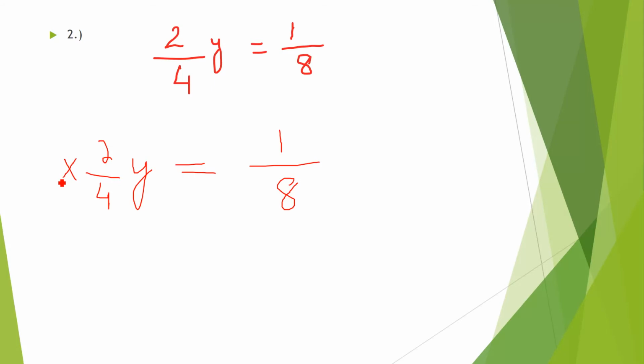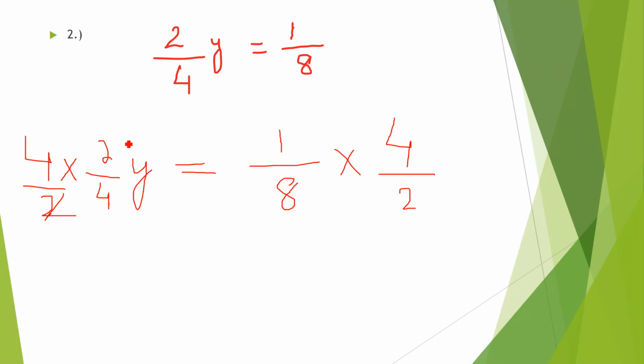So you have to divide by 4 over 2. Same, this is the fraction on the left side, 4 over 2. Why 4 over 2, not 2 over 2? If it is 2 over 2, we cannot cancel out. Inverse it. This should now be the numerator, 2 would be the denominator then. So same operation, 4 over 2, you have to do on your right hand side as well.